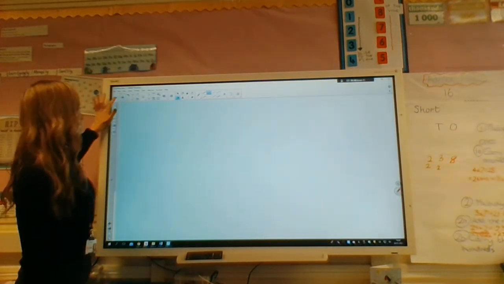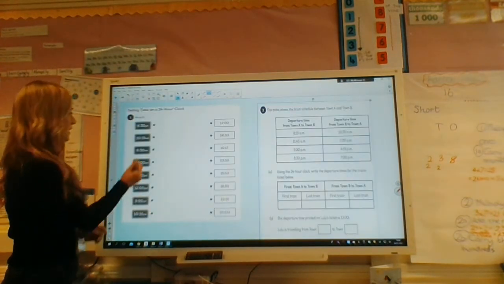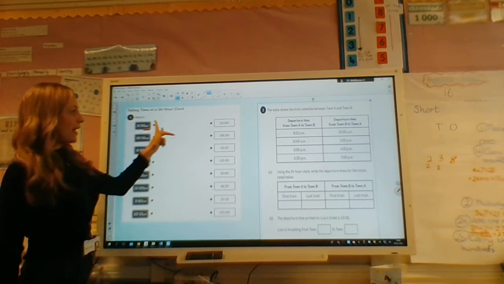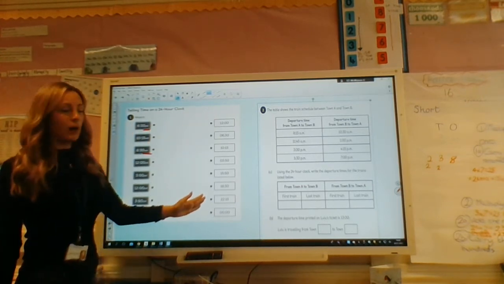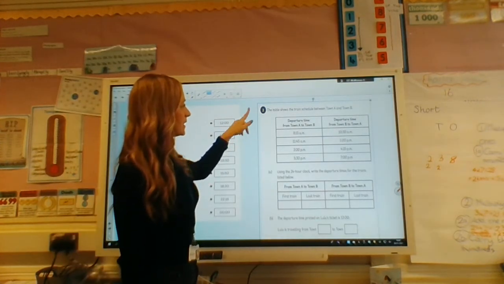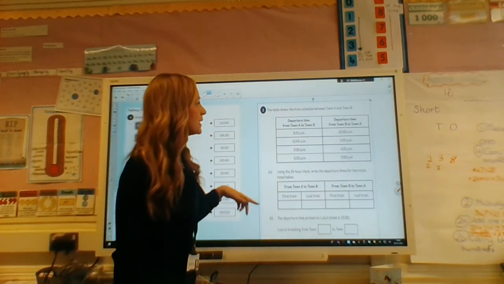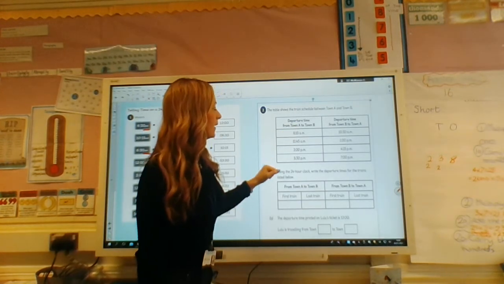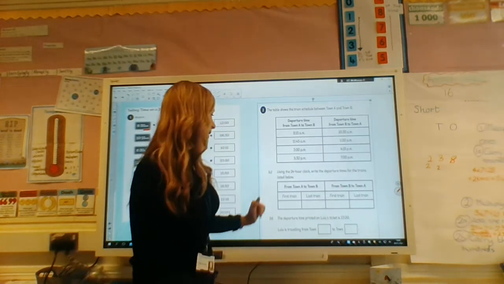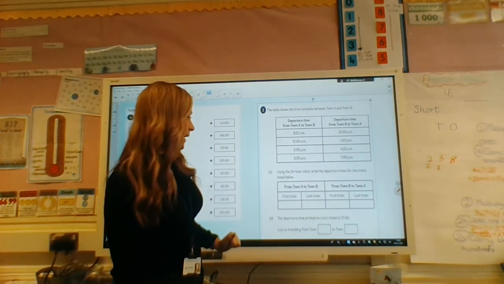Your activity today is to have a look at these times here. Be careful to notice whether it's PM or AM and match them up to the 24-hour clock. And then here you've got some questions on time. So it says the table shows a train schedule between town A and B. And it says use your 24-hour clock to write the departure times for the trains listed below. So it says here,